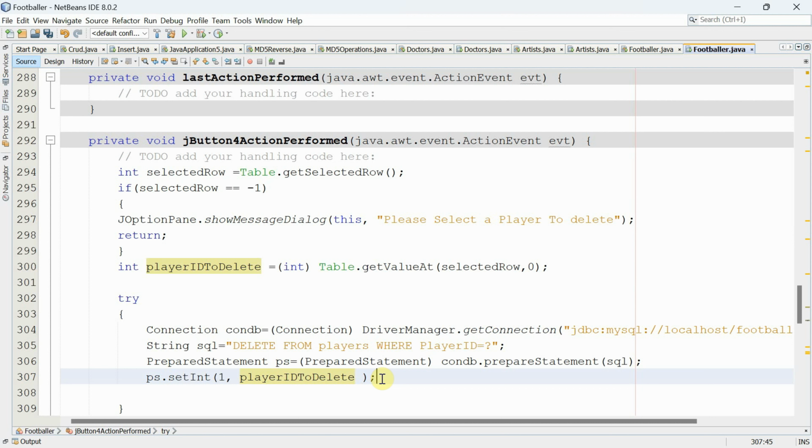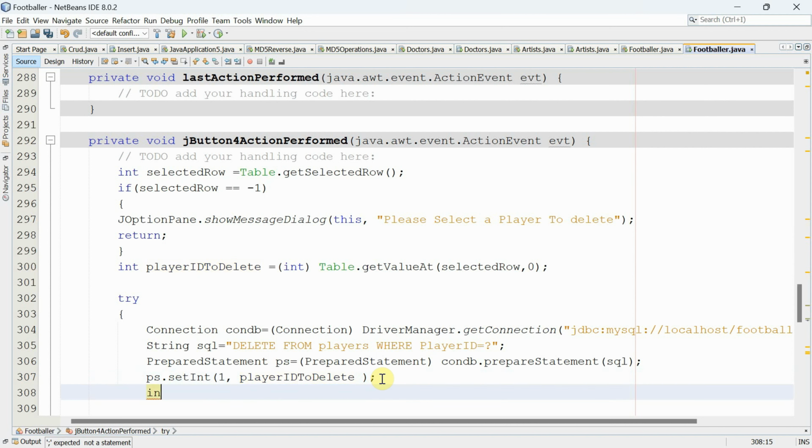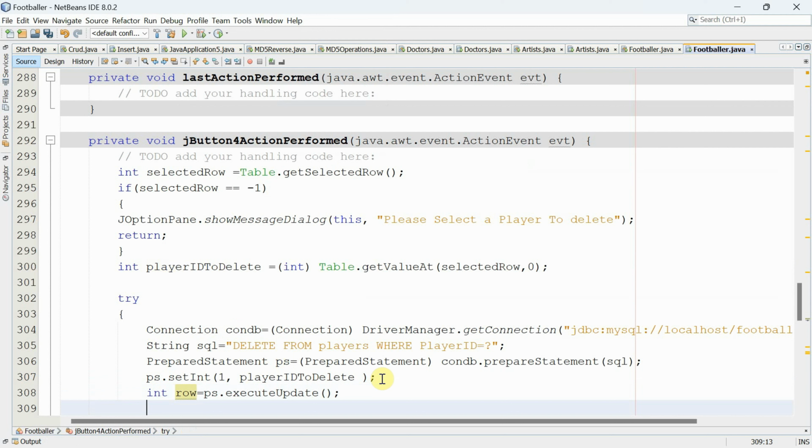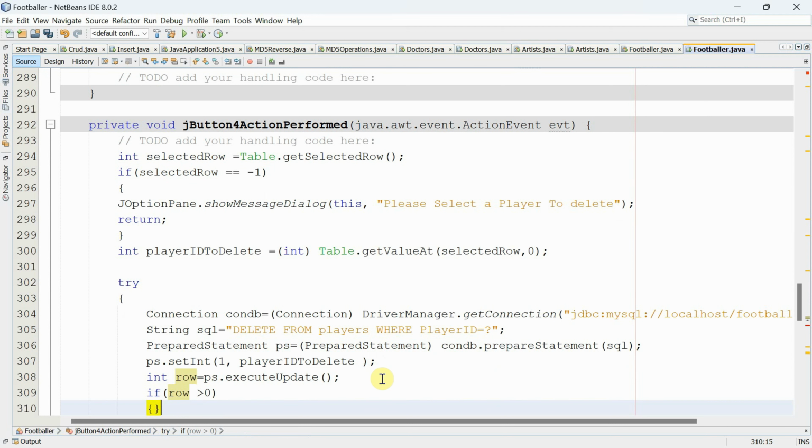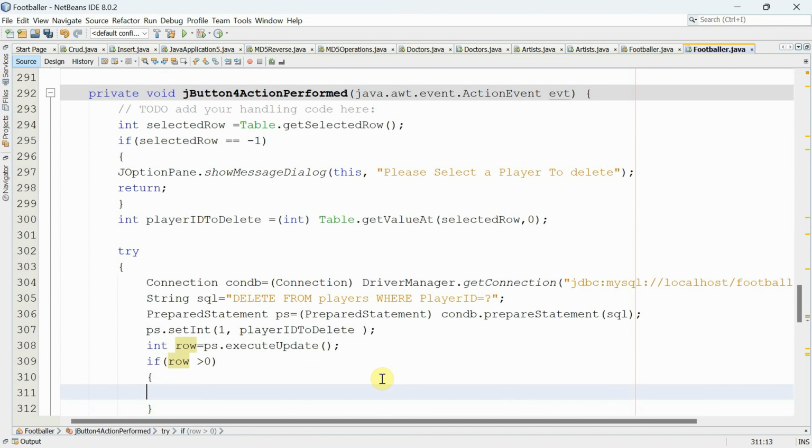After that, you're going to declare the row count that helps us execute the update: int rows equals ps.executeUpdate. Now we are going to check if the player was deleted successfully. So you're going to say if rows is greater than 0,